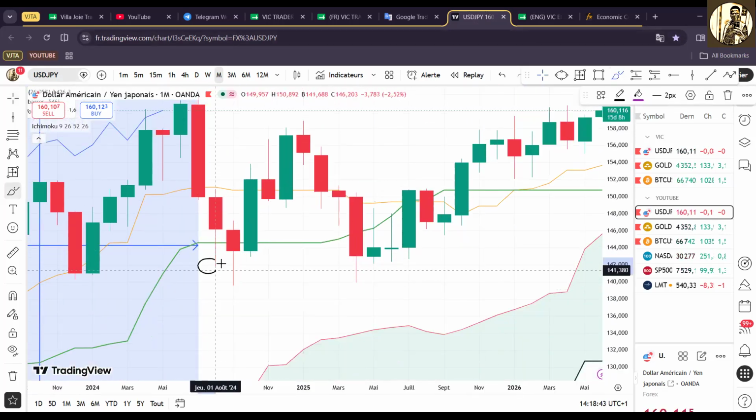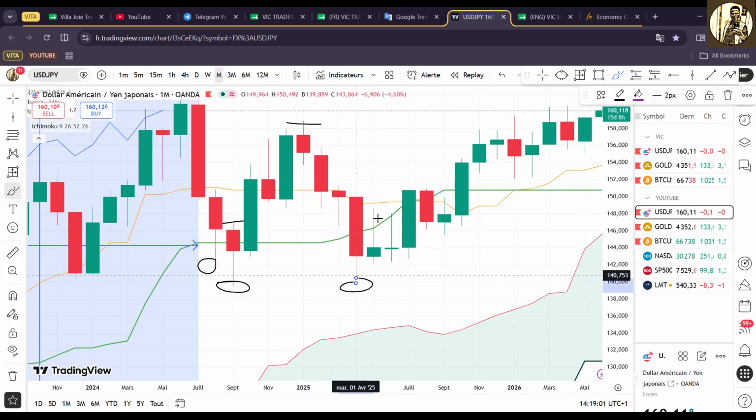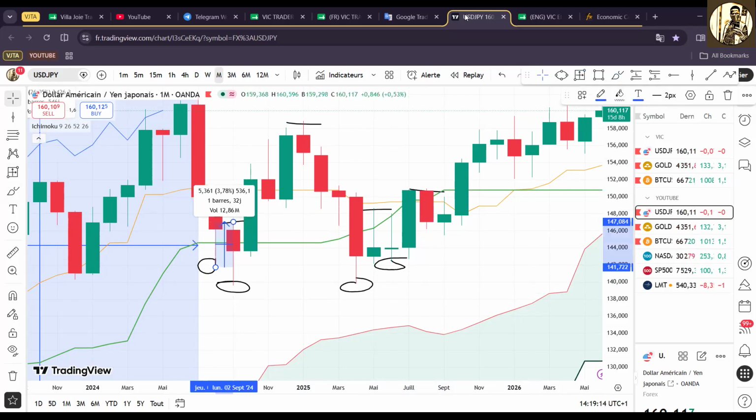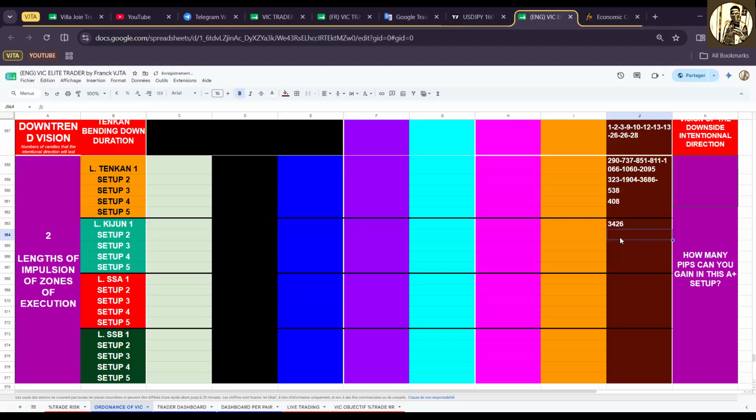Then Kijun got touched again the second time here, and the maximum was here above. Because you know that there's the line theory, how Kijun works: Kijun is touched many times before it moves to the upside. Then the third touch of Kijun was this point, the maximum here above. The fourth touch was this point, the maximum here. The fifth touch was this point, the maximum here, right? So for the second touch, from here to this point is 536. So we write 536 for this Kijun.